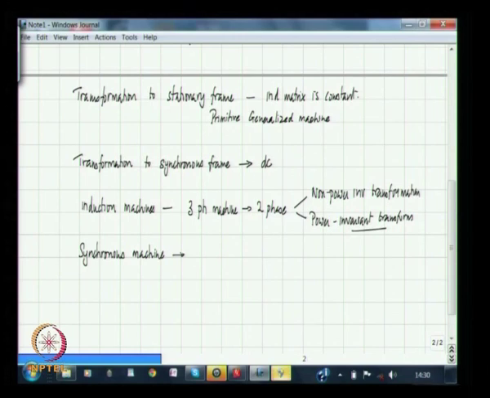We derived expressions for the salient pole synchronous machine. If the synchronous machine is not salient pole but a cylindrical rotor, the same formulations that we used for the induction machine would still suffice, but if it is a non-cylindrical rotor structure, a salient pole structure, then we went on to derive expressions based on the direct axis and quadrature axis equations. We in effect used what was called the two reaction theory,